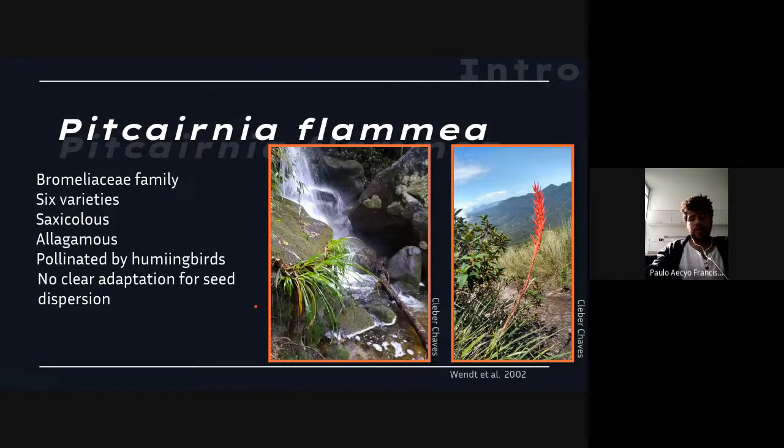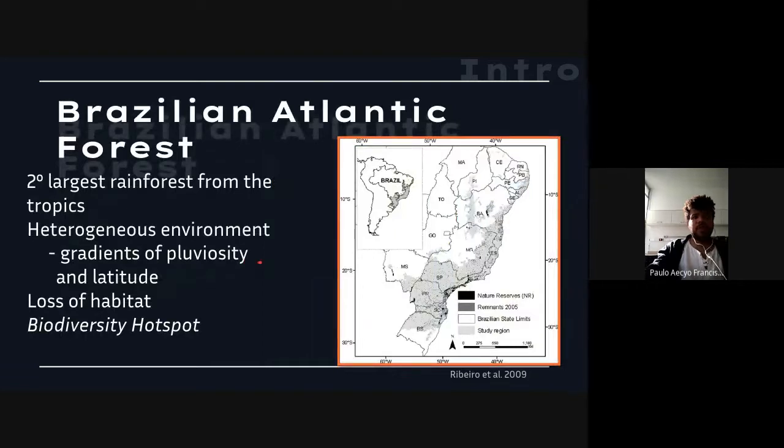Well, we are going to use as a model the Pitcairnia flammea species complex. Pitcairnia flammea is a bromeliad species from the Bromeliaceae family, the same family as pineapple, and it's a species complex which comprises around 6 varieties. This species is saxicolous. It lives over rocks. It's an allogamous species pollinated by hummingbirds with no clear adaptation for seed dispersal. This species is endemic of the